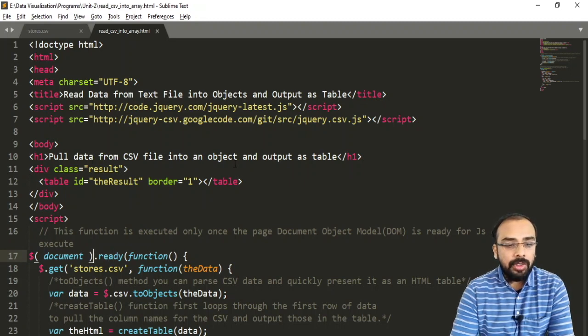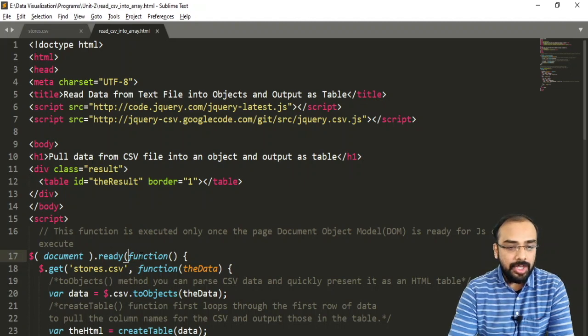This particular ready function will get executed only once when our page DOM, which stands for document object model, is ready for JavaScript code execution. Then and only then this function will get loaded. So for that we have written $document.ready.